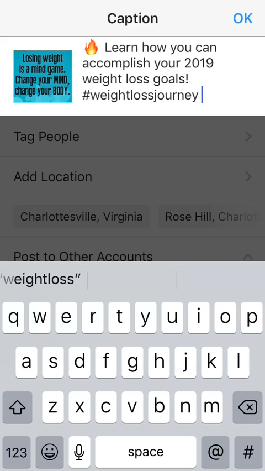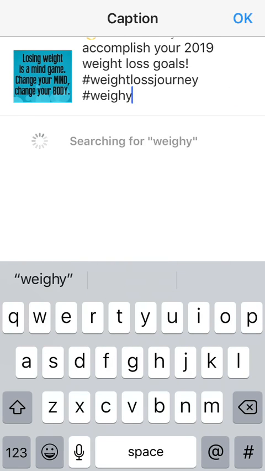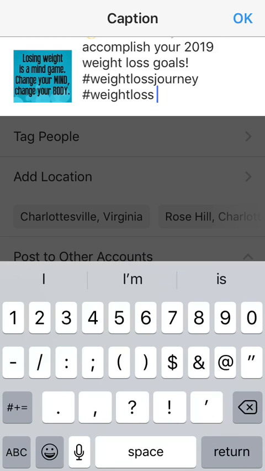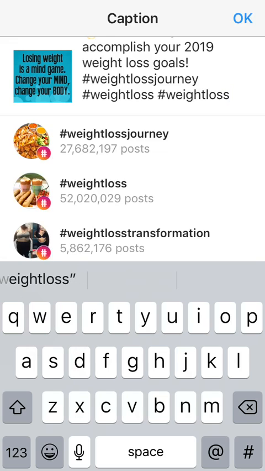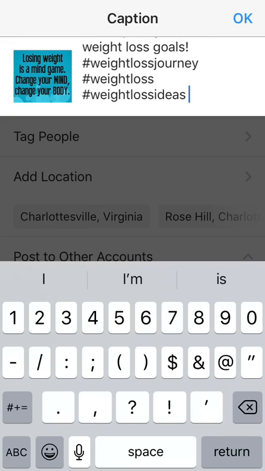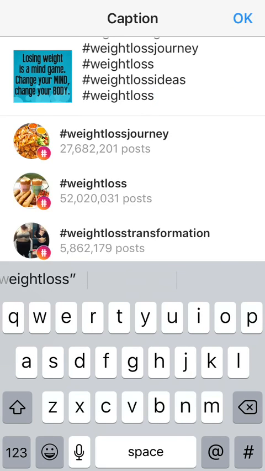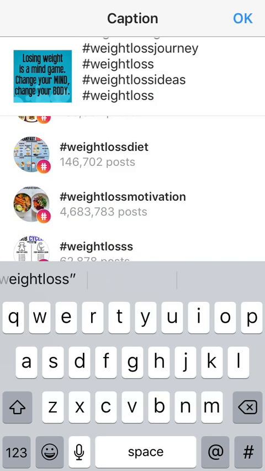So give me a second. I'm just going to click on a few of these here. And if you're watching this, feel free to tag along, or whatever your niche is, you can just type it in here. So I'm going to do a few weight loss, and then we're going to switch it up because there's more than people who are looking for weight loss. But I'm going to show you that once I finish.